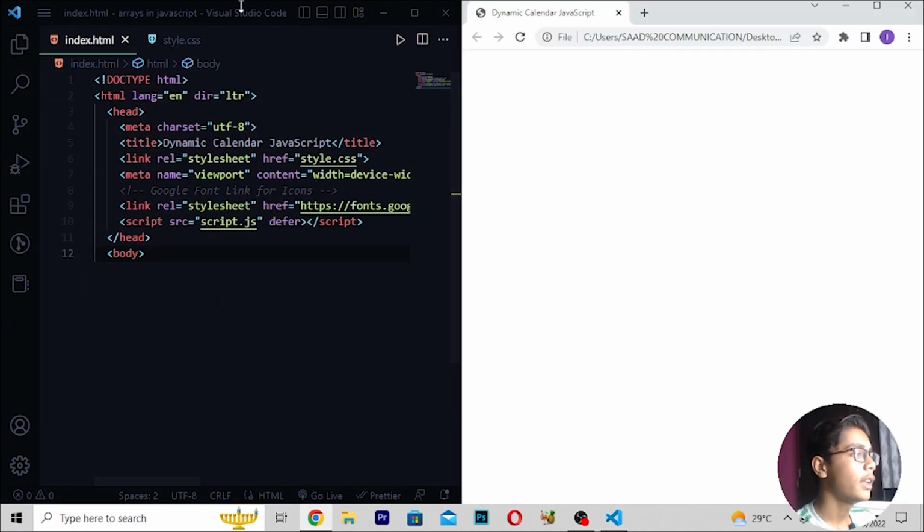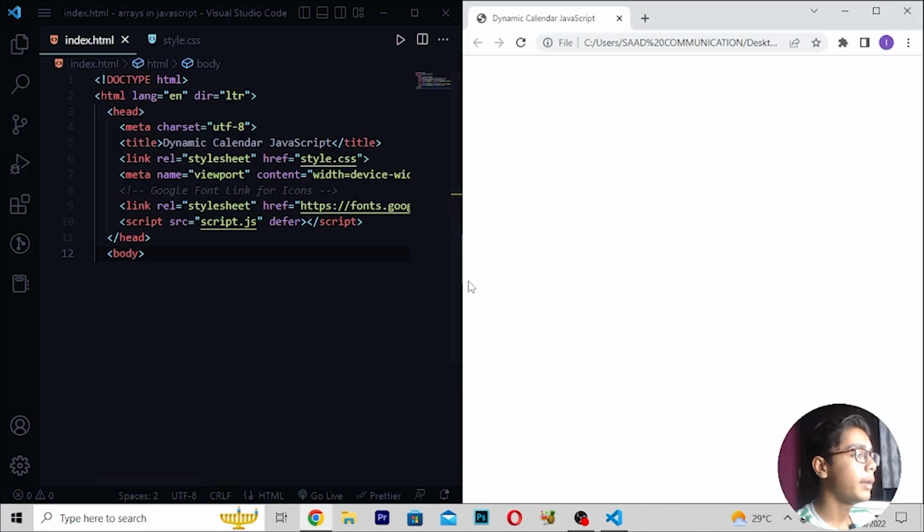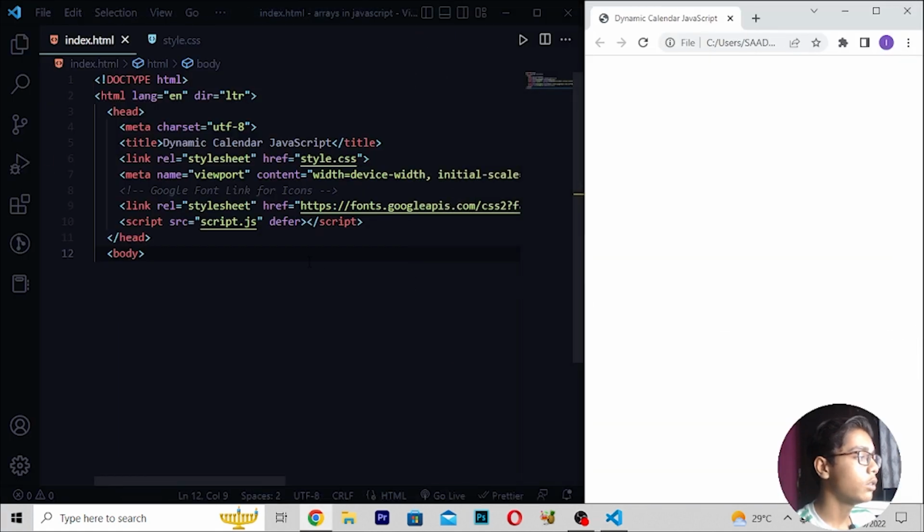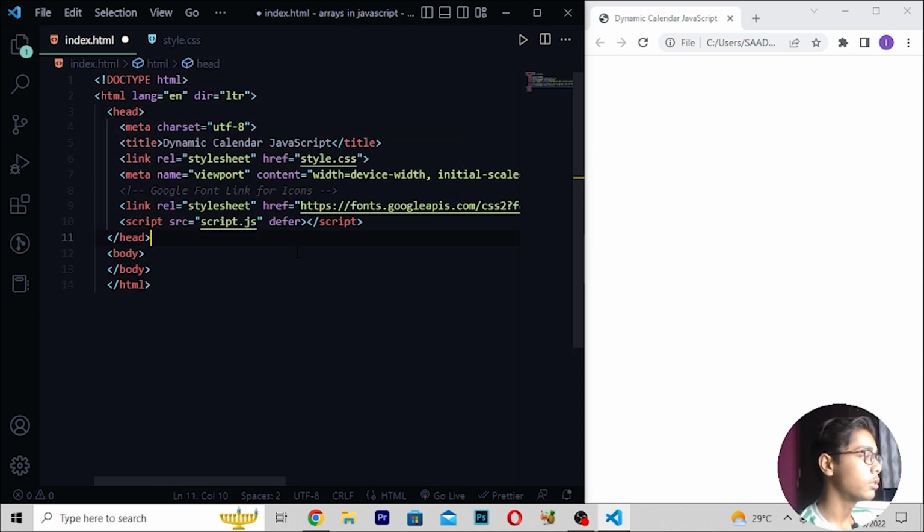Do it side by side and the coding side should be bigger, so I will be making this coding side bigger like this. Now I will be moving down after this body tag, close this, then close this HTML tag also. Then I will be moving down, and you can see we have just written all these things.